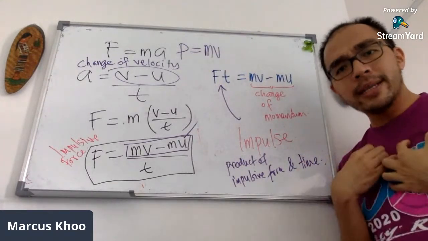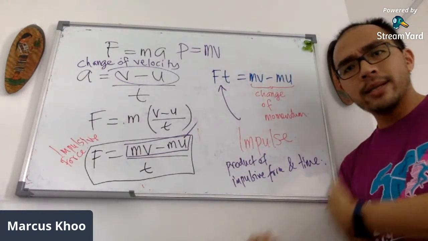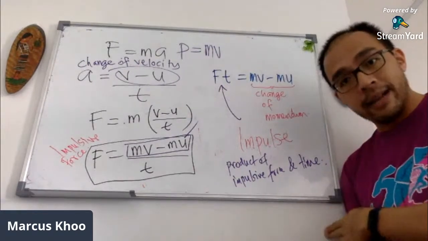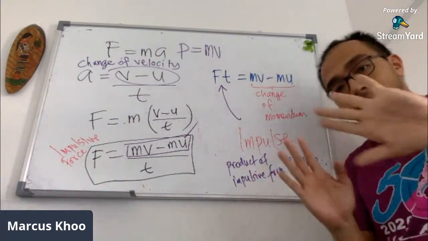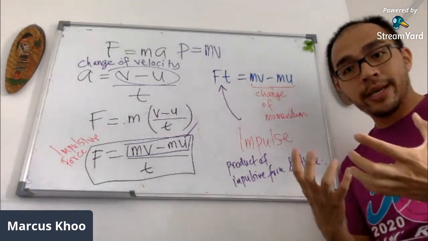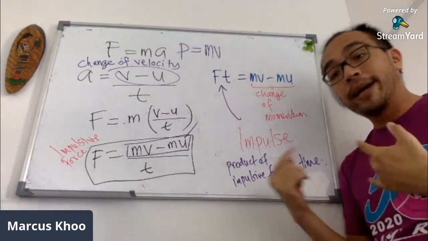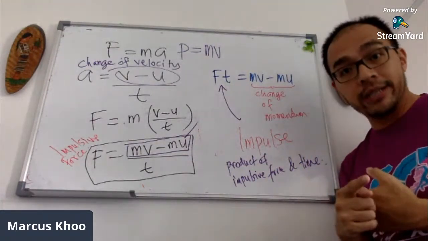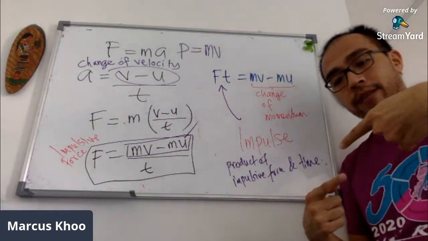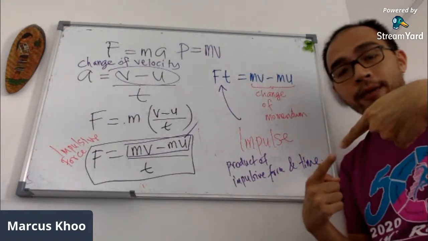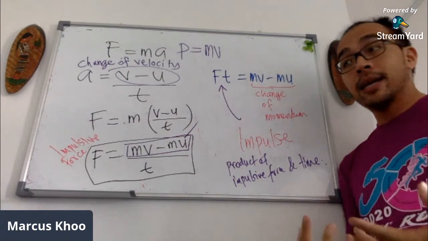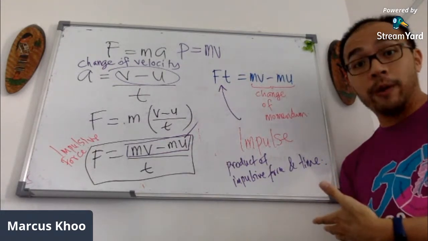So why is it that if I'm putting a force on the wall, I'm not falling through the wall? It is because the wall itself is pushing back at me with the same amount of force, 800 newtons, but in the different direction, which is negative 800 newtons. So mine is positive 800 newtons. The wall is pushing back at me with negative 800 newtons. That's why I'm balanced, and you don't see me falling through the wall.